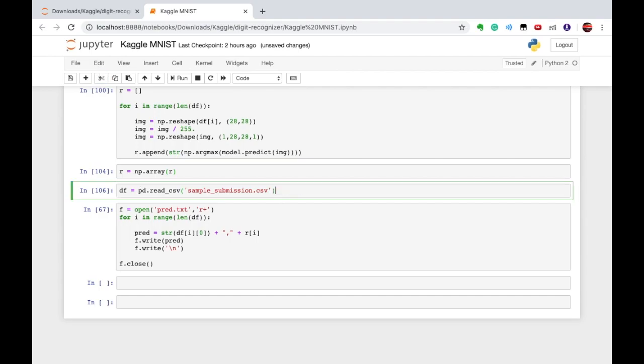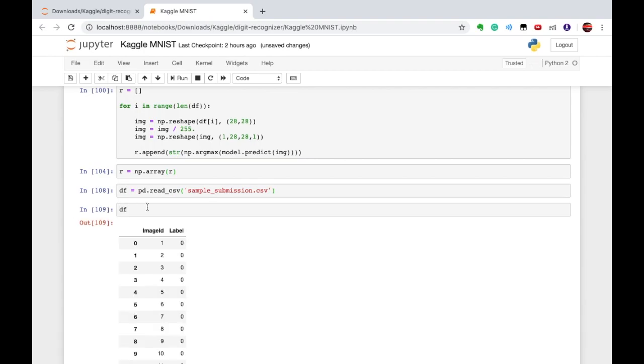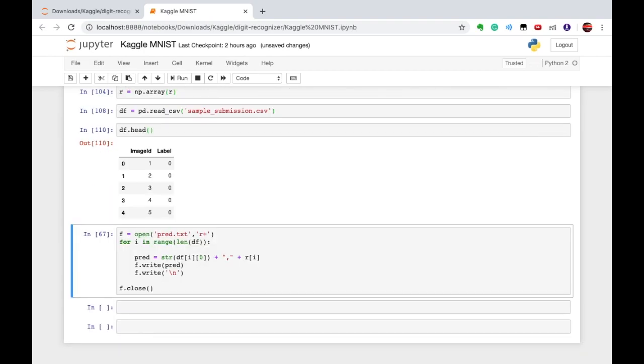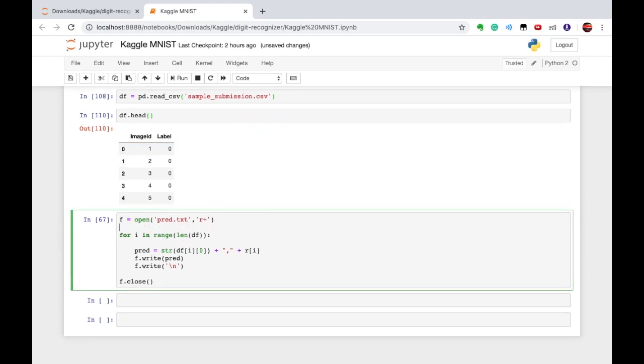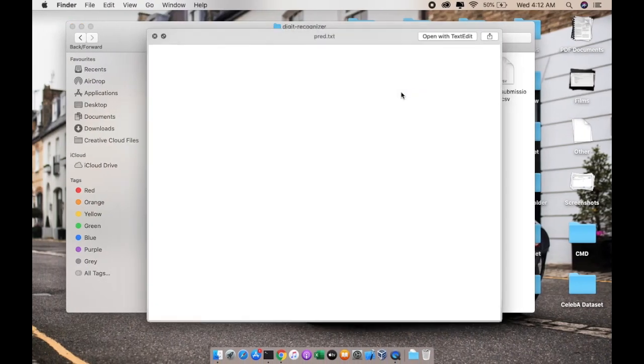Let's compare the things. Okay, df dot head. We are having 5 values. So what I'm doing, I'm creating a pred.txt, a txt file. First create a txt file.